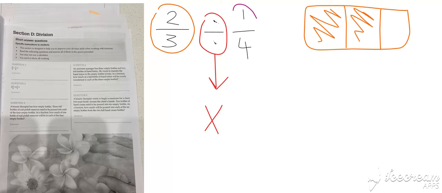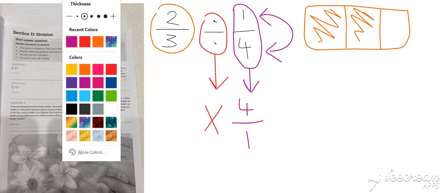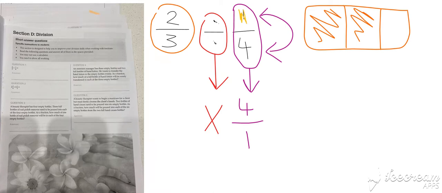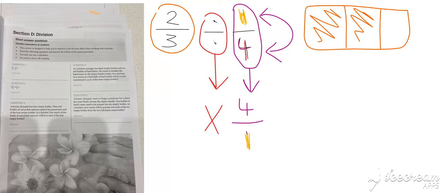Then, because we used the opposite sign, we're going to use the opposite number to this fraction. So the way that we make it opposite is that we switch the two numbers. The one that was on the bottom, the 4, is now going to go on the top. And the one that was on the top, the 1, is going to go on the bottom. So just check the 1 that was on the top, here it is now on the bottom, and the 4 that was on the bottom is now on the top. Okay, so